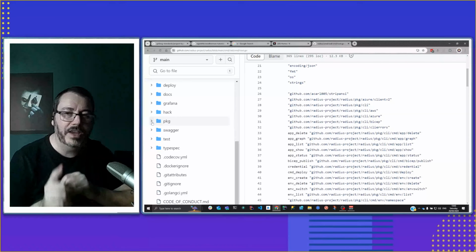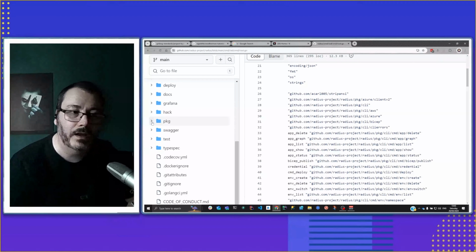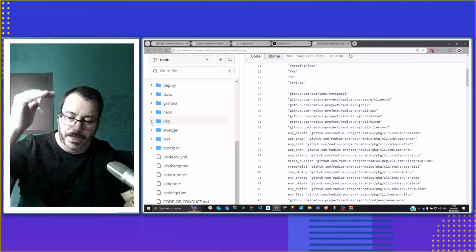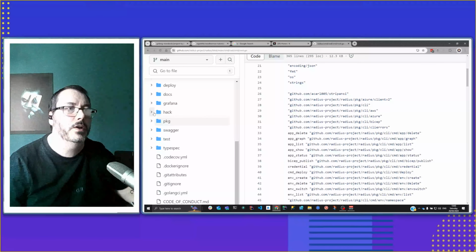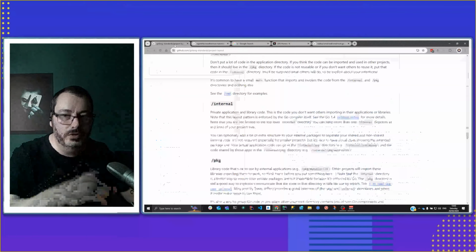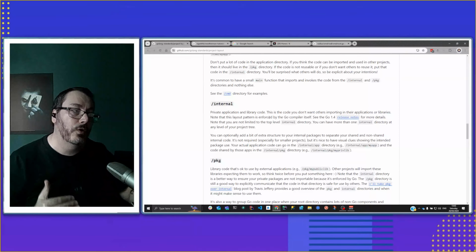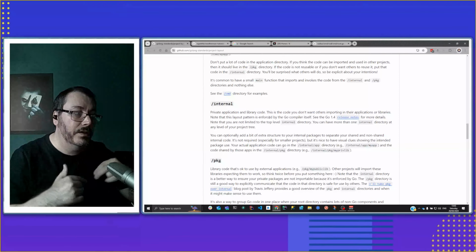The analogy is there to keep it simple. I know there are ways to hack that, but the idea sounds right. You can only go down, you mustn't go up. That includes people using your project as well. So private applications and library code is where you would put stuff into internals. And this is the code you don't want others importing into their application or library, or even a developer working